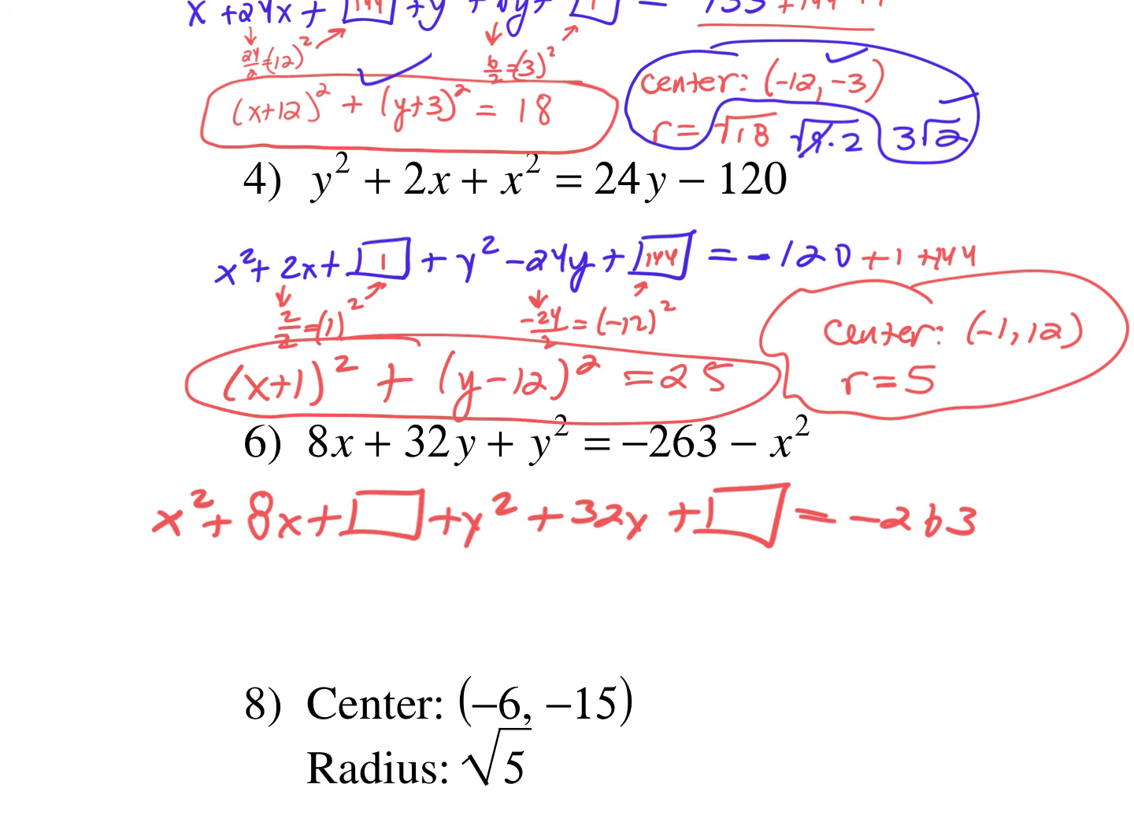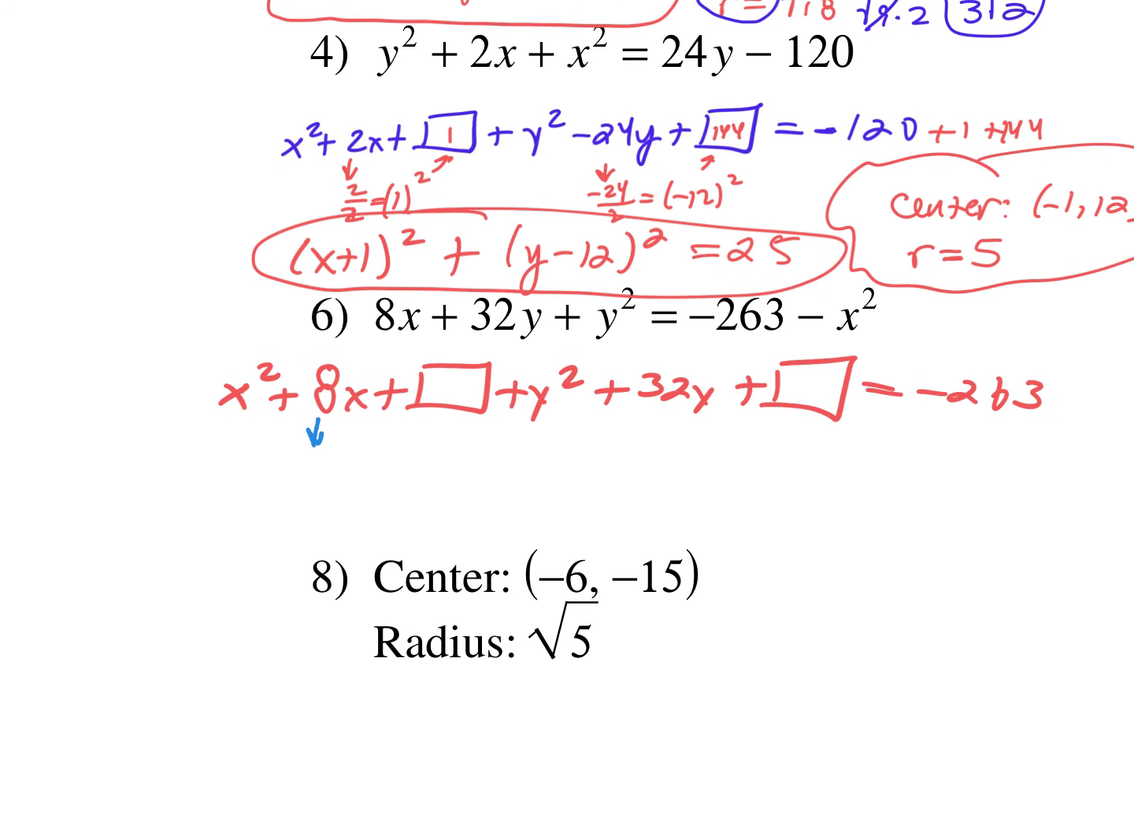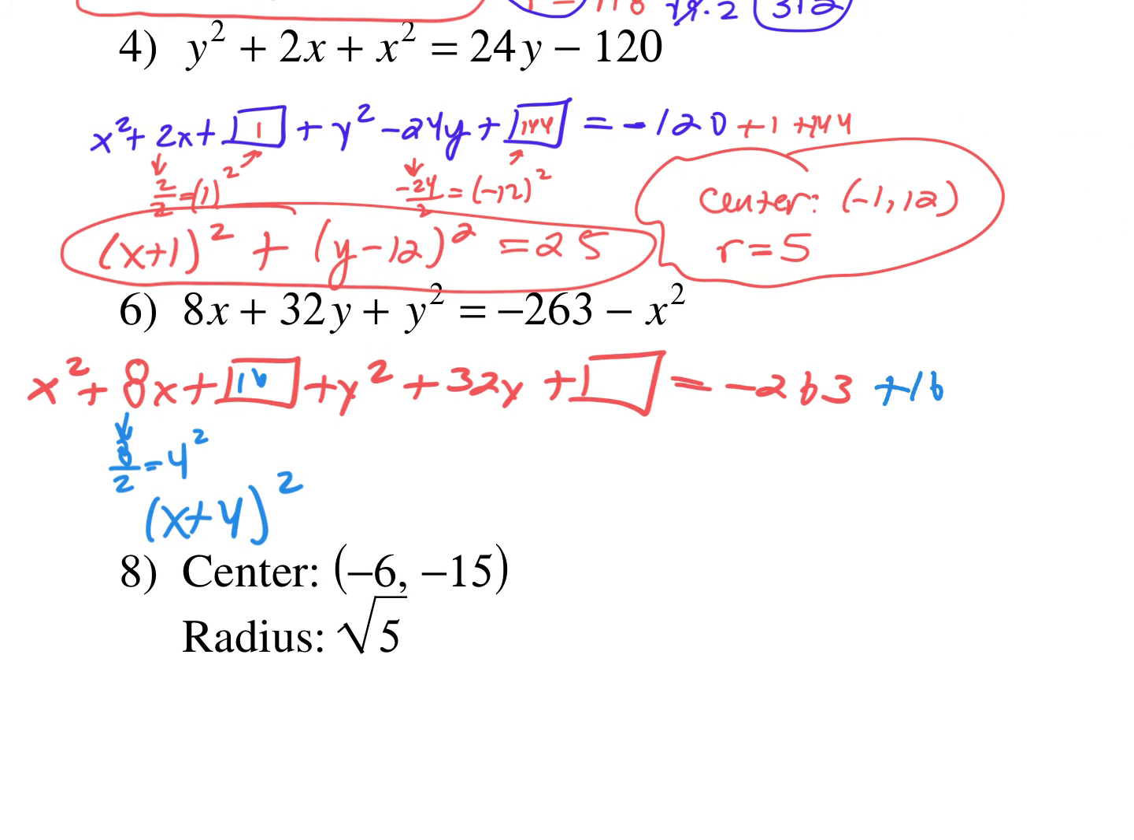That's fine. So take your b term. What's your b term? 8. It's going to tell us everything we need to know. 8 divided by 2 is 4. So this is going to be x plus 4 squared. Then when I square 4, I get 16. Add it to both sides. Then I have plus